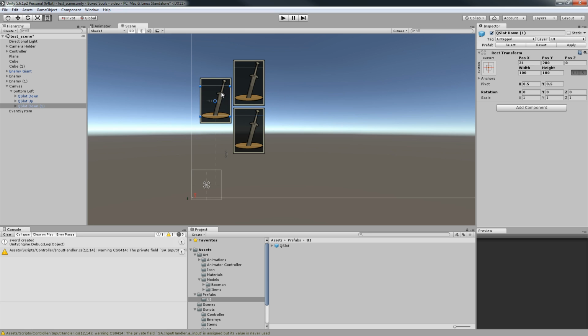Yeah, maybe not that much, maybe like this. Let's call this left, copy paste it, and let's do the right one. Okay, and now we have